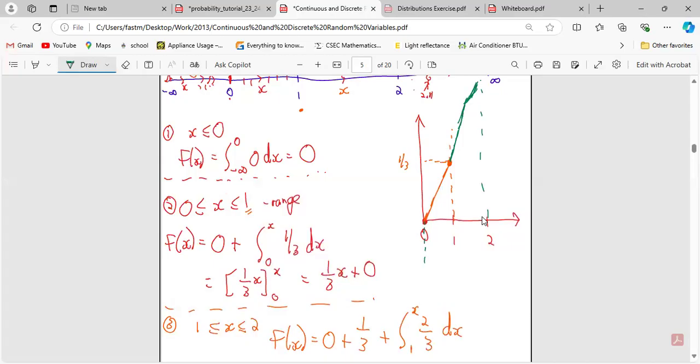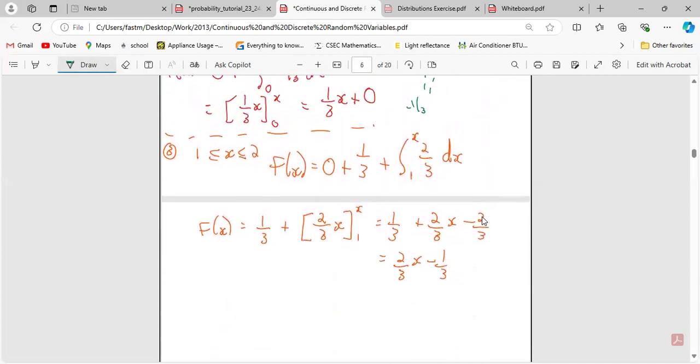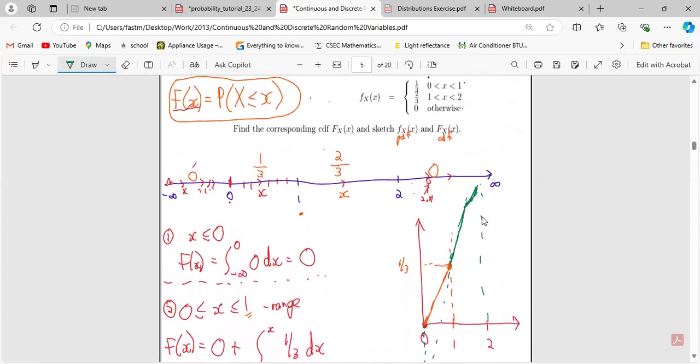But you understand the concept. It'll get steeper. Okay, I have a negative y-intercept. So yeah, that's connecting the lines. Alright, and then the last one, which is from 2